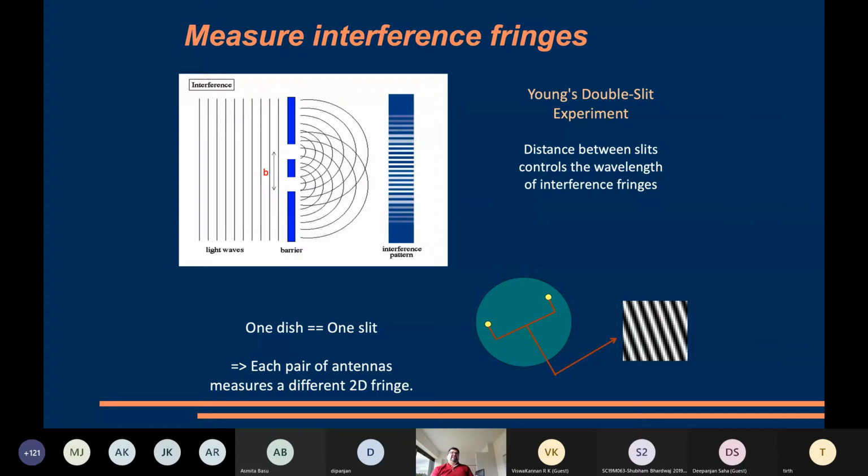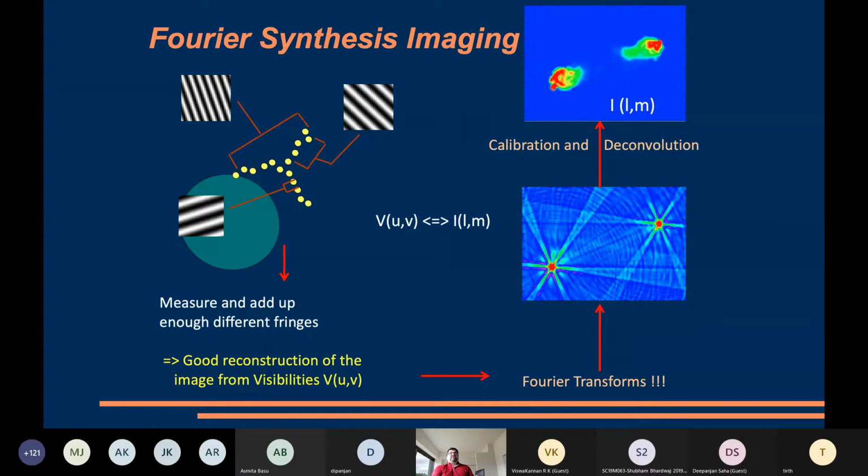What we're trying to do is something similar to the textbook optics we have done before: we have all done this Young's double slit experiment. So it's kind of the same. You imagine the two slits as these two different antennas of smaller diameter, of course, and each pair kind of prints a fringe on the surface of the sky. So you have one pair, you have one pattern. You have multiple such pairs from these different antenna combinations. If you have n antennas, you have NC2 combinations, so you have NC2 combinations of fringes.